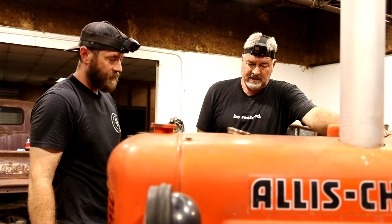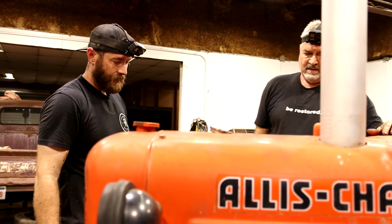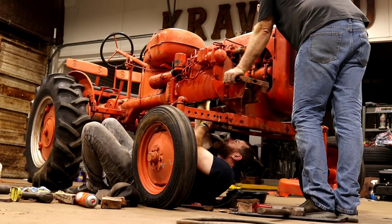May not hurt. I mean, as hard as it's been hit right now, it may not at least hurt to take a lunch break and let it set. So we went ahead and just filled this thing back up with Evapo-Rust and let it set overnight. We come in the next day and decided we'd try to hit the piston from the bottom